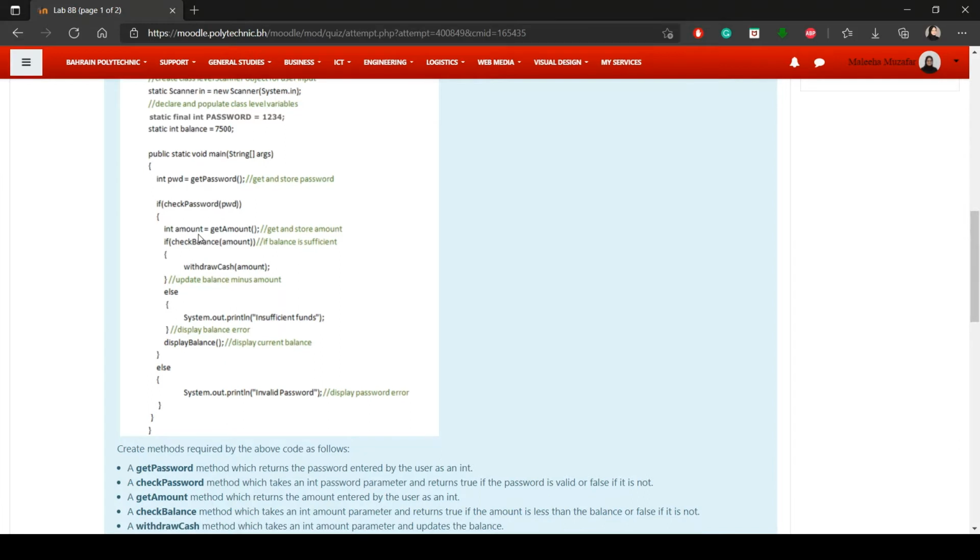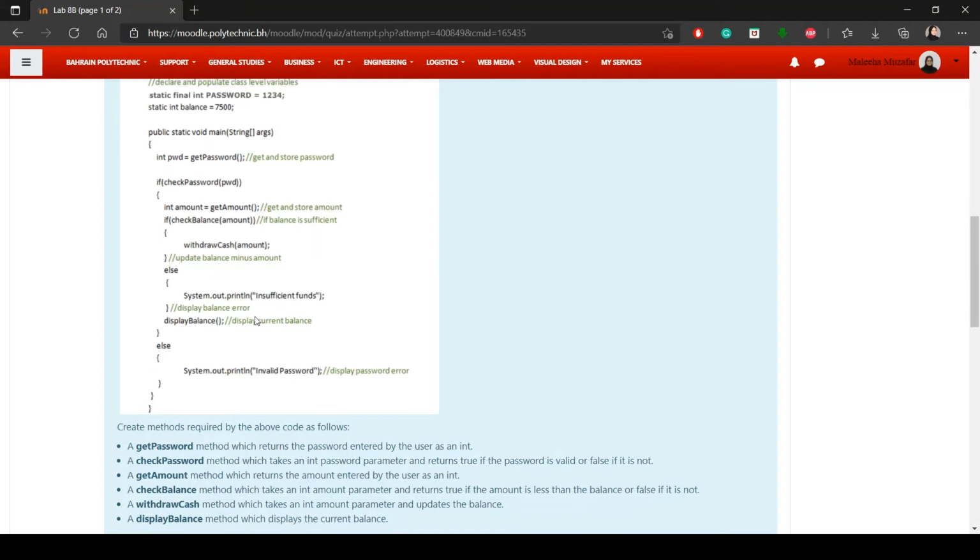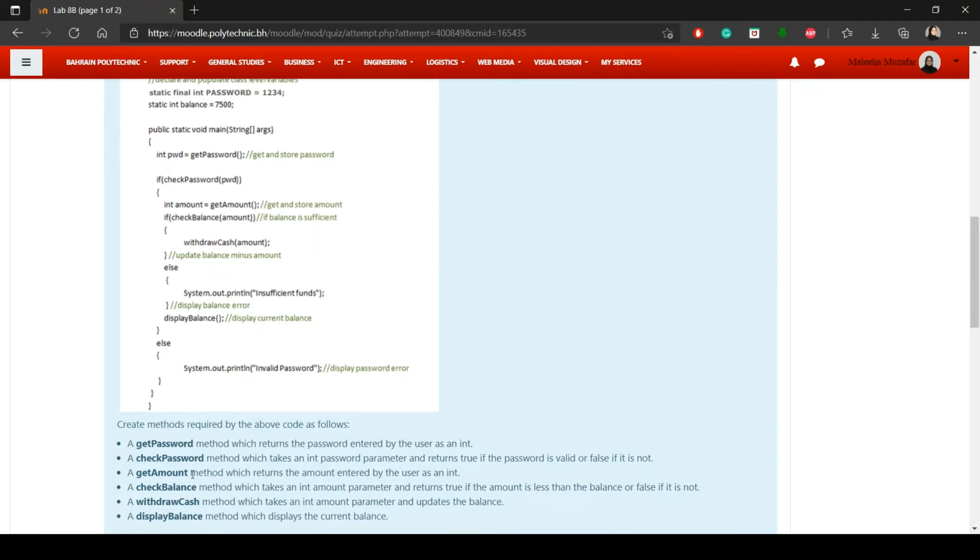Now int amount is equal to get amount, get and store amount. Again, I think get amount will be from the user. So it's a method which returns the amount entered by the user as an int. Perfect. And then if check balance amount, so you check balance and you send the amount that you received from the user. You would say, okay, so this method would check